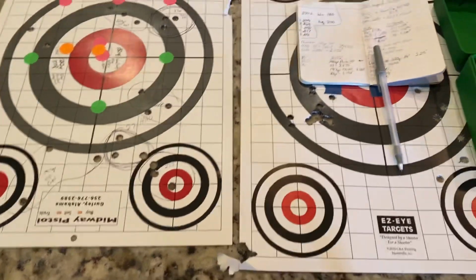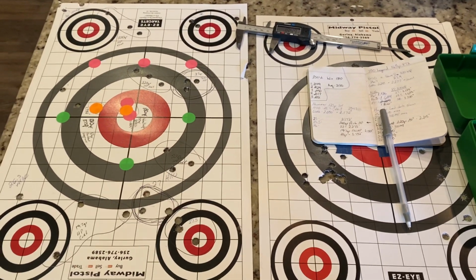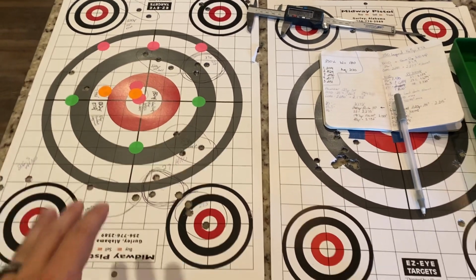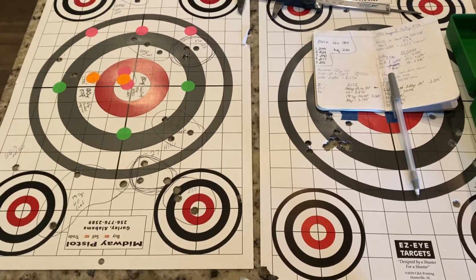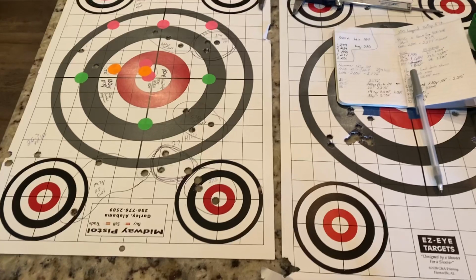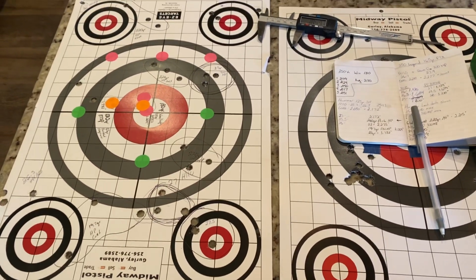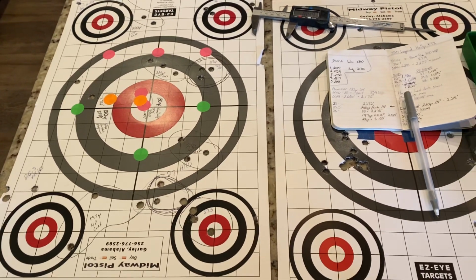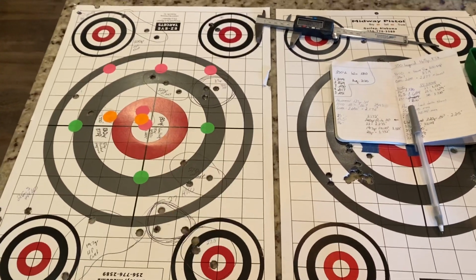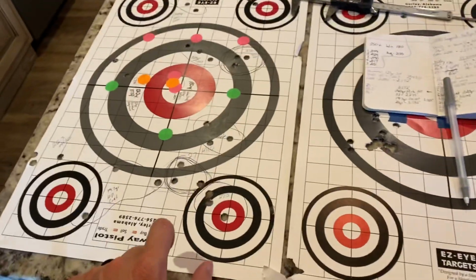Alabama Reloader here. So this is just an absolute cluster of a target. But we are going to go over the good, the bad, the ugly, and the just absolute disastrous performance that we had with our Winchester XPR chambered in 350 Legend. So